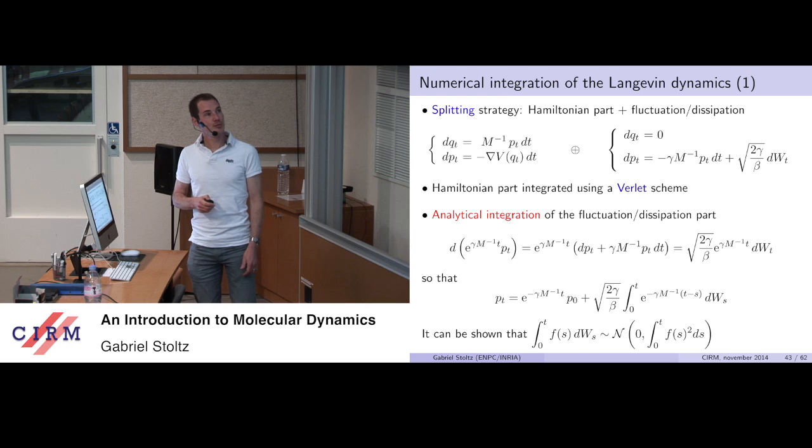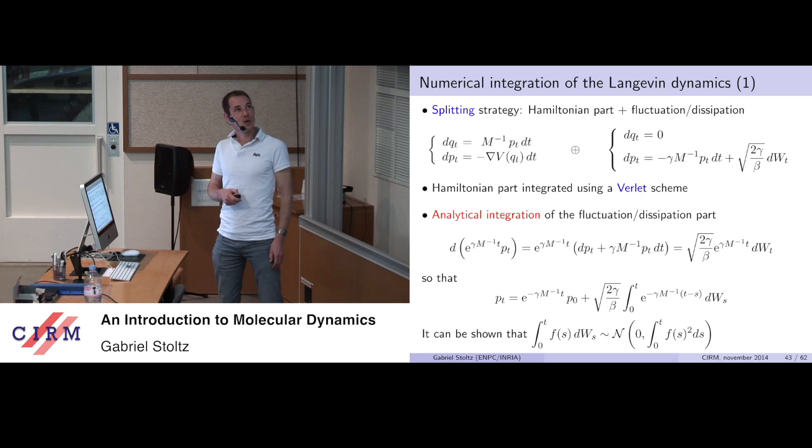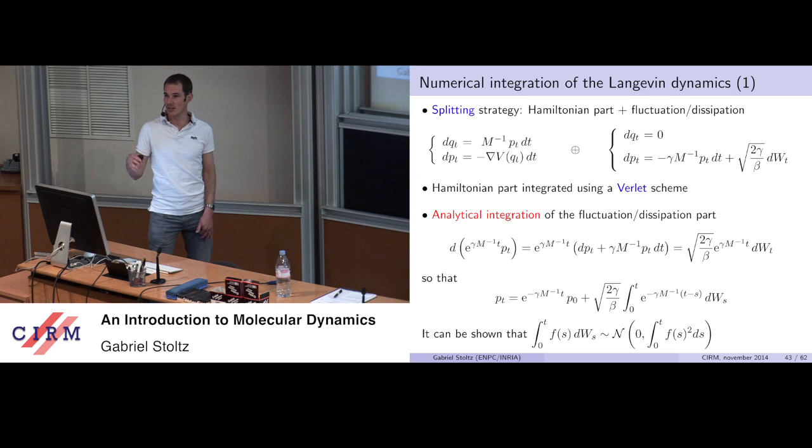Right, now to the numerics. So again, Langevin dynamics is very nice, it converges, but in practice you need to discretize it on a computer and to run it in an actual code. One way to discretize the Langevin dynamics, one way I like and many people like, is to split the dynamics between two parts, a Hamiltonian part, which you know very well how to integrate because we've got a strong experience with that, and the way to integrate that would be to use some Verlet scheme, something which is symplectic and so on, and I won't be talking about that today.